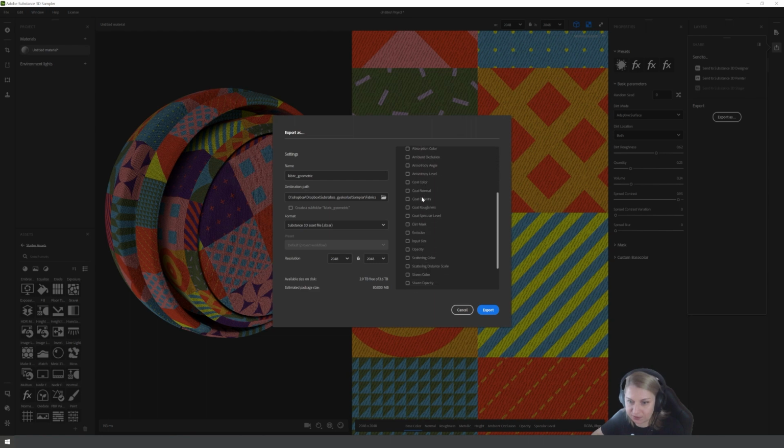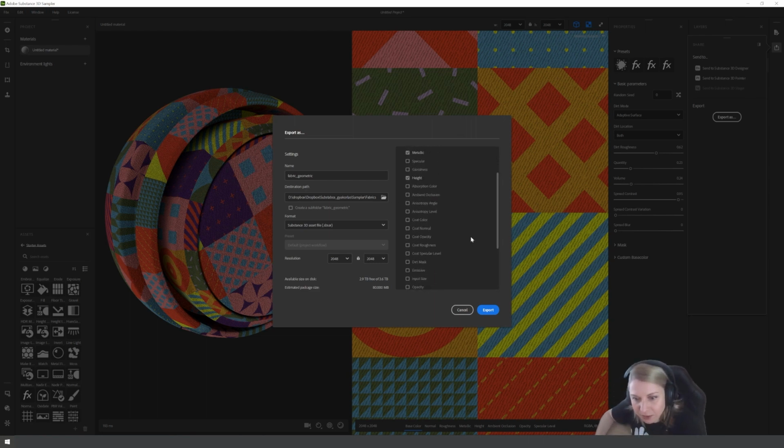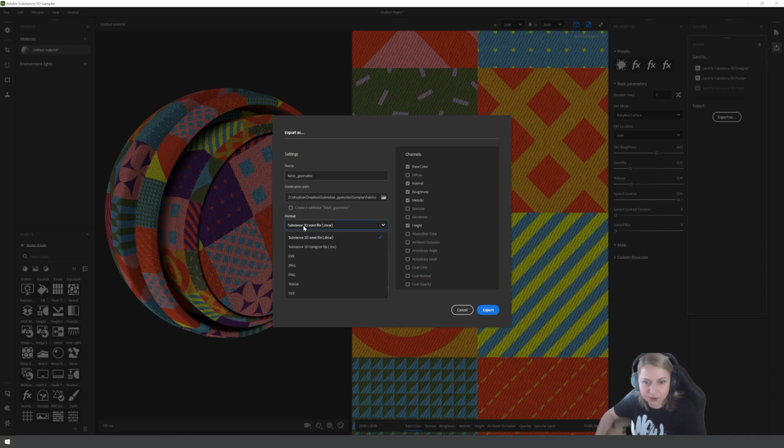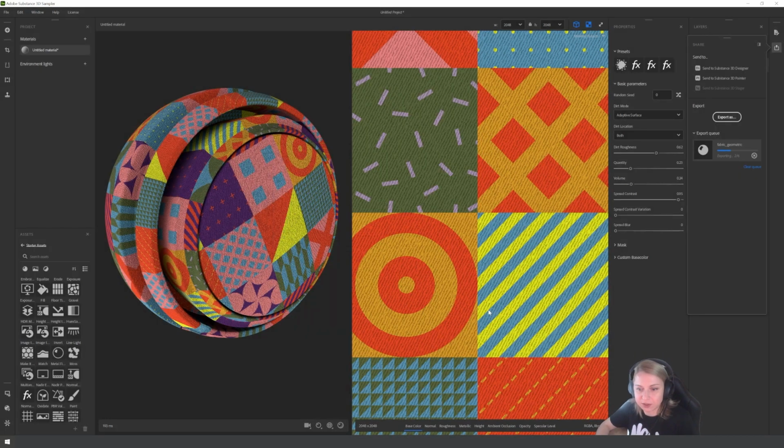You can select all the maps that you want to use. I think I don't need any of those, just like what you can see here. And I click export and oh yeah, file size, sorry, JPEG. And now we export and you can see the process that this is actually exporting currently.